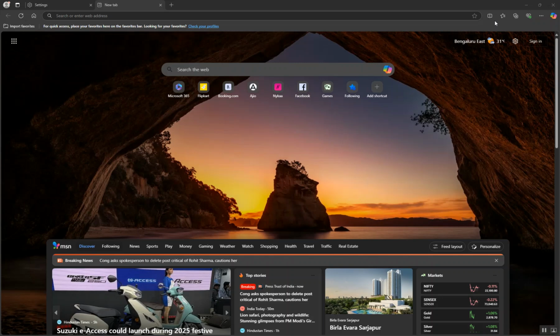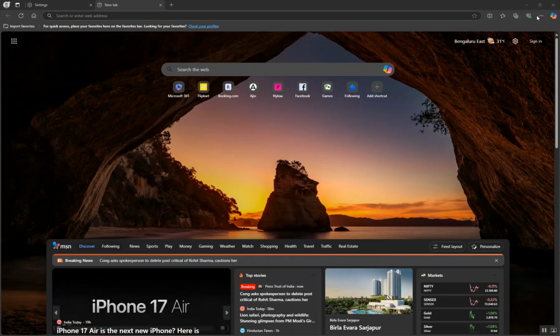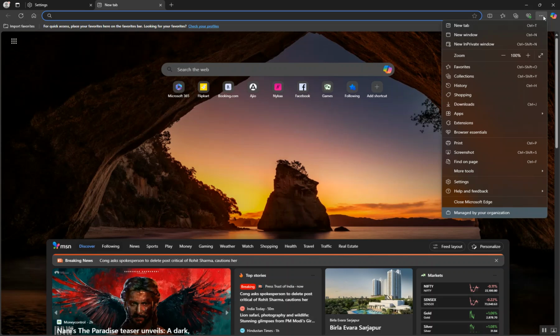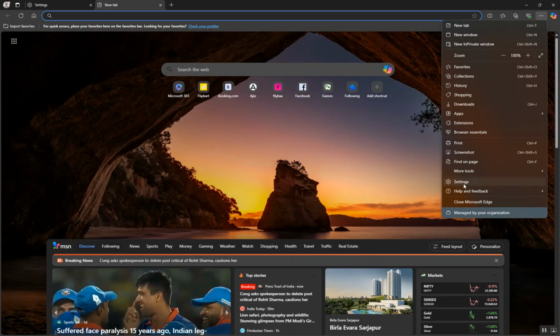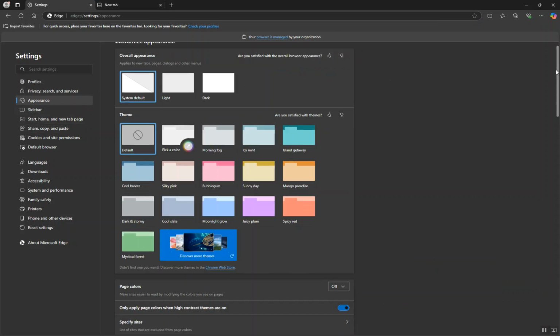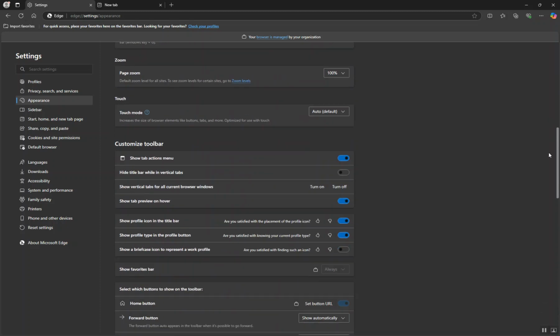You can customize icons appearing here on the toolbar. Let me show you how. So if you are using Edge, go to these three dots and then select settings. I have settings open here, and from the left panel choose appearance, then scroll down a little until you see